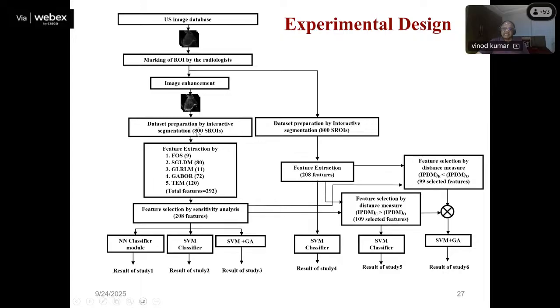In this case, we enhanced the image. Again, we calculated 292 features. 292 features means first order statistics, 9 features; spatial gray level difference matrix, 80 features; gray level run length matrix, 11 features; Gabor filter, 72 features; texture energy measures, 120 features. Total